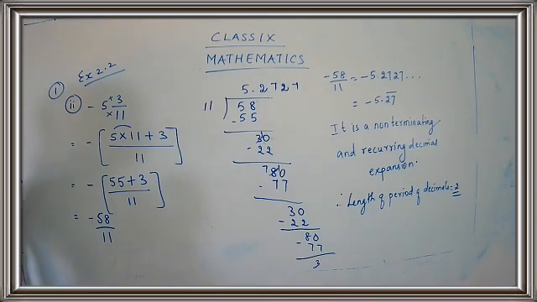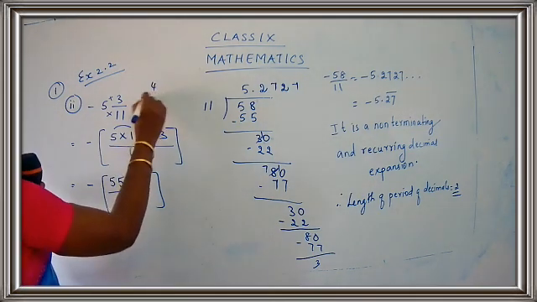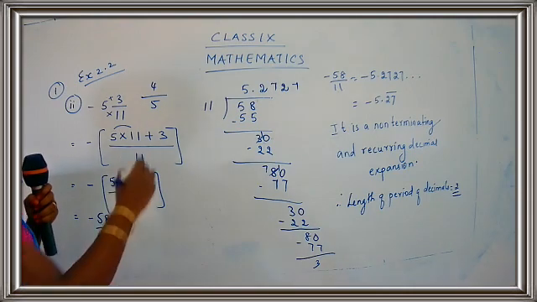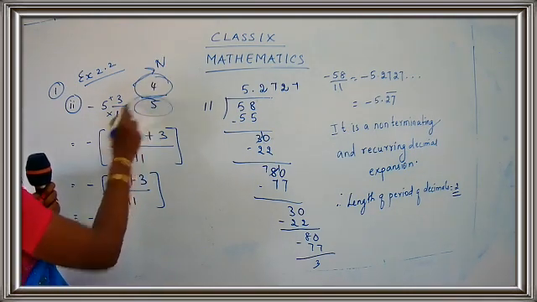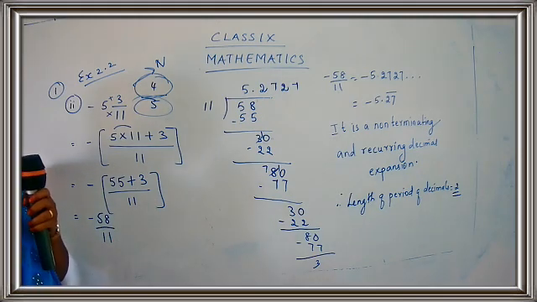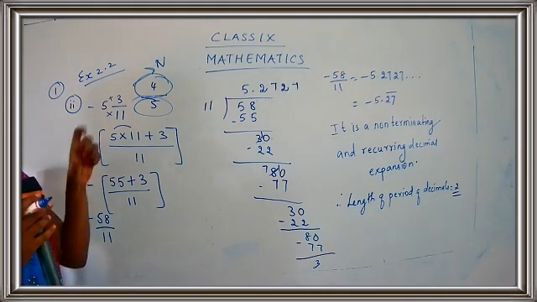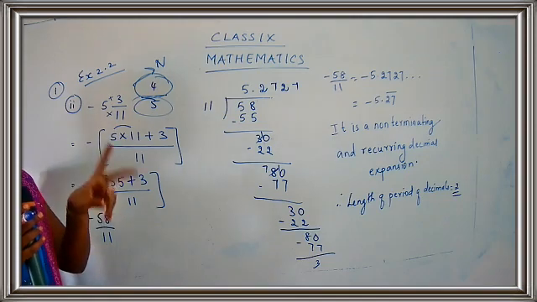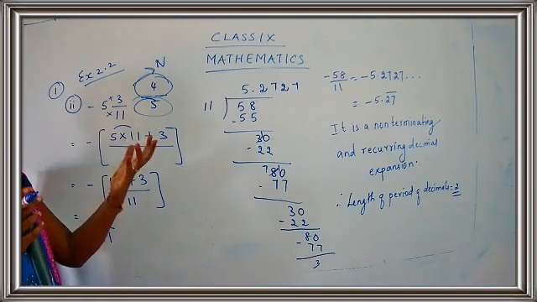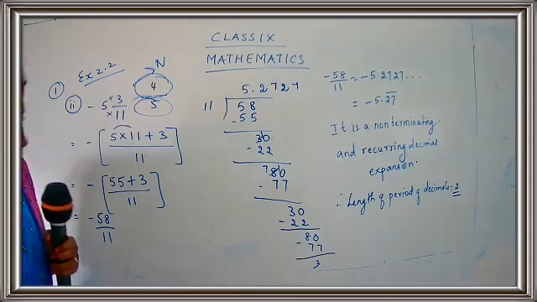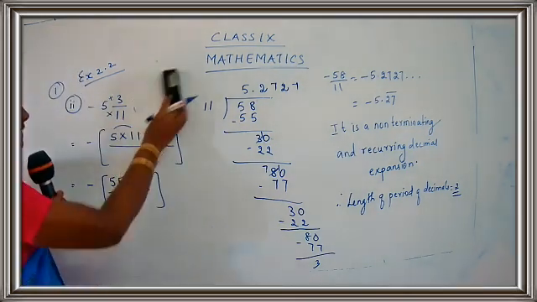What is a numerator? Suppose you have a fraction. If you have a fraction 4 upon 5, the upper part is called the numerator. The lower part is called the denominator. Lower. Denominator means what? Down. Denominator down. DD. Denominator, where is the denominator going to lie? Down. Numerator is the upper part. Okay. Let's read the question.